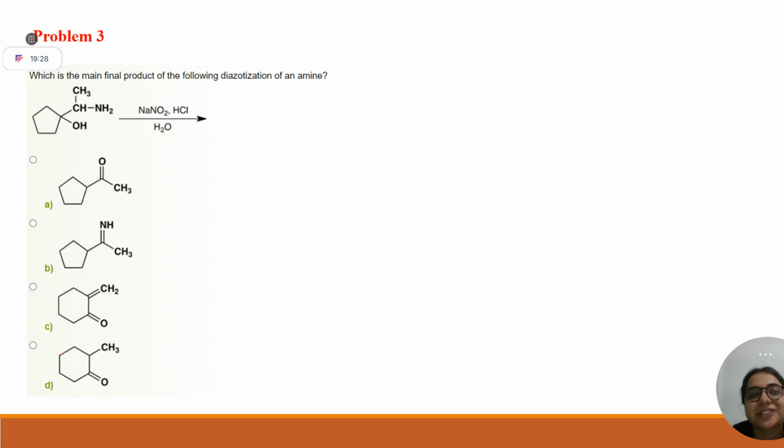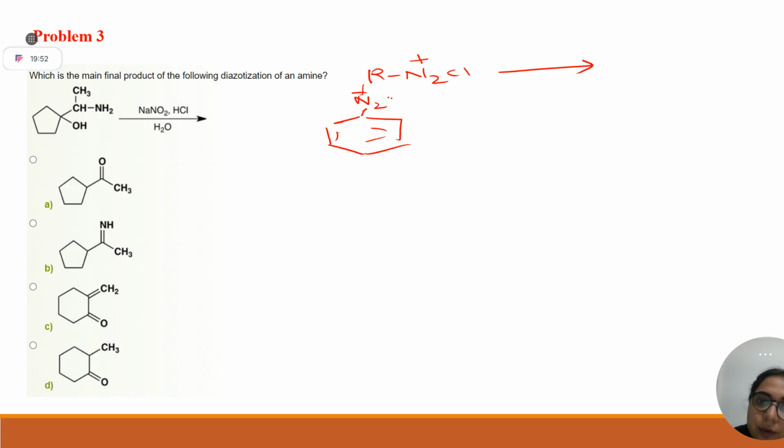Now, what about this reaction? Everyone has studied this reaction in their 12th standard, right? Diazonium reactions. Whenever there is an amine, these types of compounds you have studied, right? N2. How can you form this? By diazotization of aniline. And when you have alkyl diazonium salts, what do they form? The alkyl carbocation and extrusion of N2 gas, plus HCl. Clear?